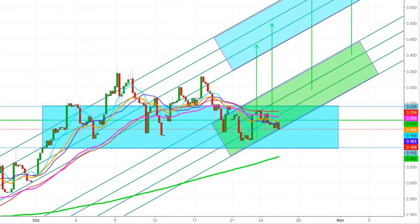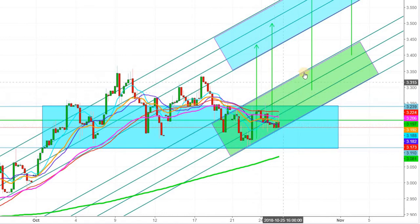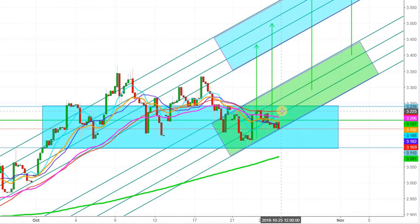Let me show you the movement of natural gas futures, which I presented in my last analysis. I find that this zone is a consolidation zone for natural gas futures, where the natural gas futures take good support at the lower end of this supportive zone, and natural gas futures have been consolidating since the beginning of October amid this consolidation zone. Once they sustain above the level of $3.225, we will see a good breakout in natural gas futures, once they sustain above the level of $3.248. So friends, be ready for an action in natural gas futures during the upcoming week, because let us analyze